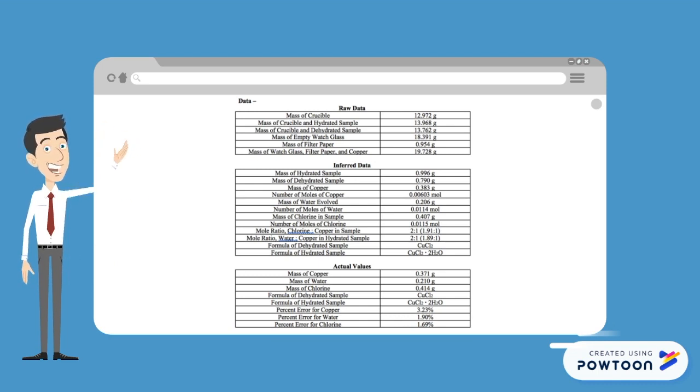With the values they obtained from the same experiment, which is in this table here, the same process of solving was used. After doing the calculations, the proper empirical formula of copper chloride hydrate